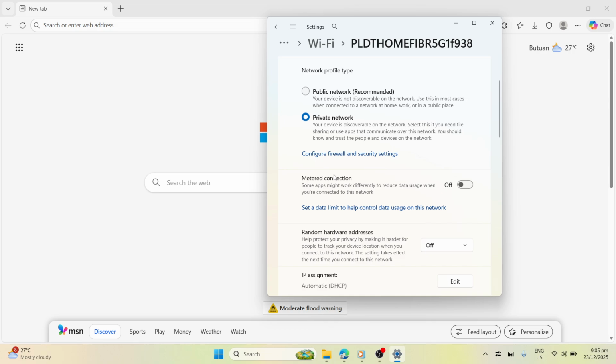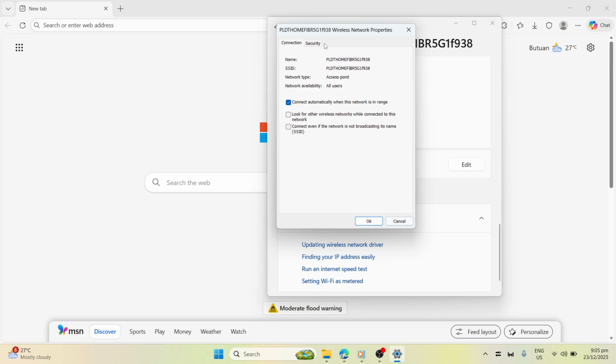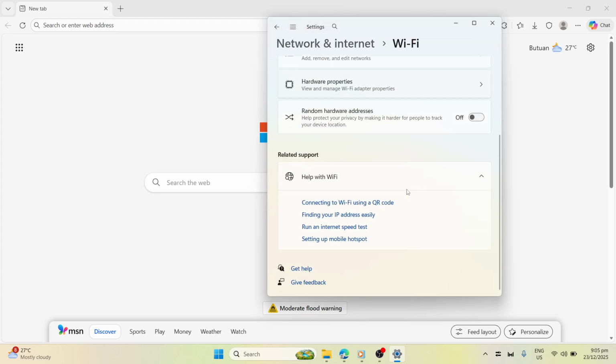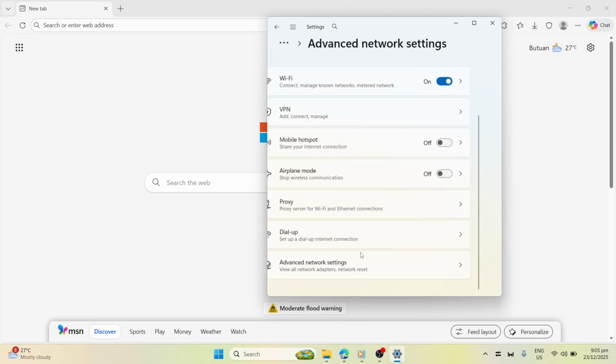Still in Settings, stay in Network and Internet, and scroll down to Advanced Network Settings. Open that and then select Advanced Sharing Settings. Under the section labeled Private Networks, find Network Discovery and toggle it to On. This tells Windows that it's okay for your PC to see and be seen by other devices on your private